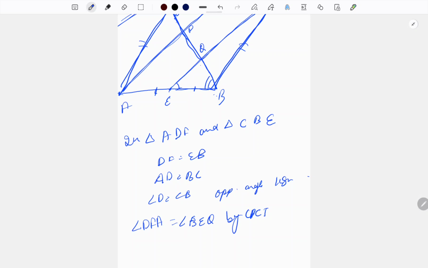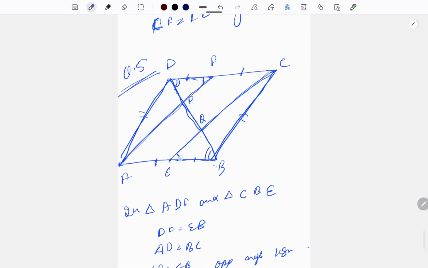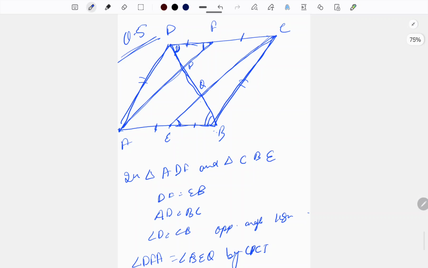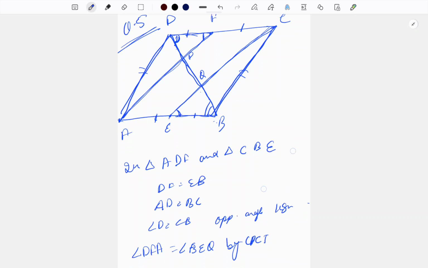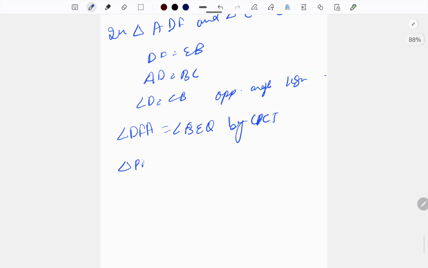अभी हमने ये प्रूफ कर दिया ना कि ये एंगल इस एंगल के बराबर है, यहाँ तक तो क्लियर है। आगे चलते हैं। ये एंगल इस एंगल के बराबर होगा क्योंकि ये पैरेलल लाइन पे ट्रांसवर्स अल्टरनेट एंगल है, ठीक है। तो अब हम लेंगे अगर ट्रायंगल PDF और QBE, ट्रायंगल PDF और ट्रायंगल QBE, we will found already we have